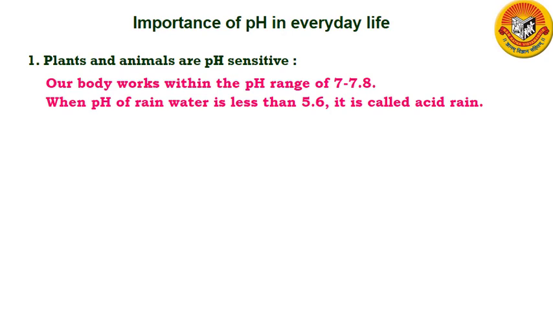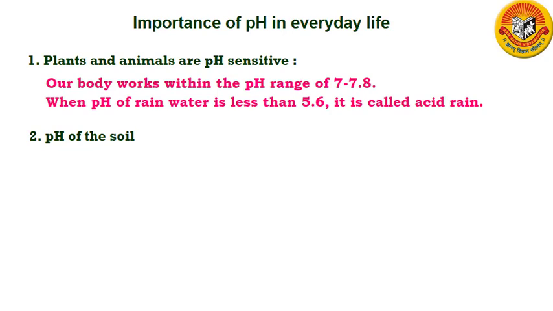for aquatic animals also. If the pH is less than 5.6, that is when the rain is acidic, and there is too much acidic rain in the lake or river, the high acidity of lake water or the river water can even kill fish. Calcium carbonate is often added to the acidic lake water to neutralize the acids that come from the acid rain. So this is what pH does for plants and animals.